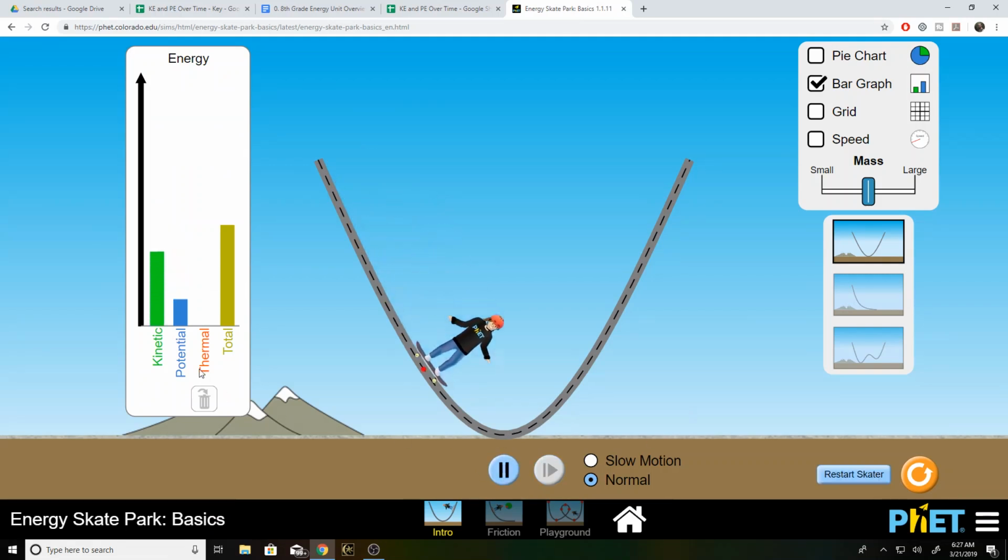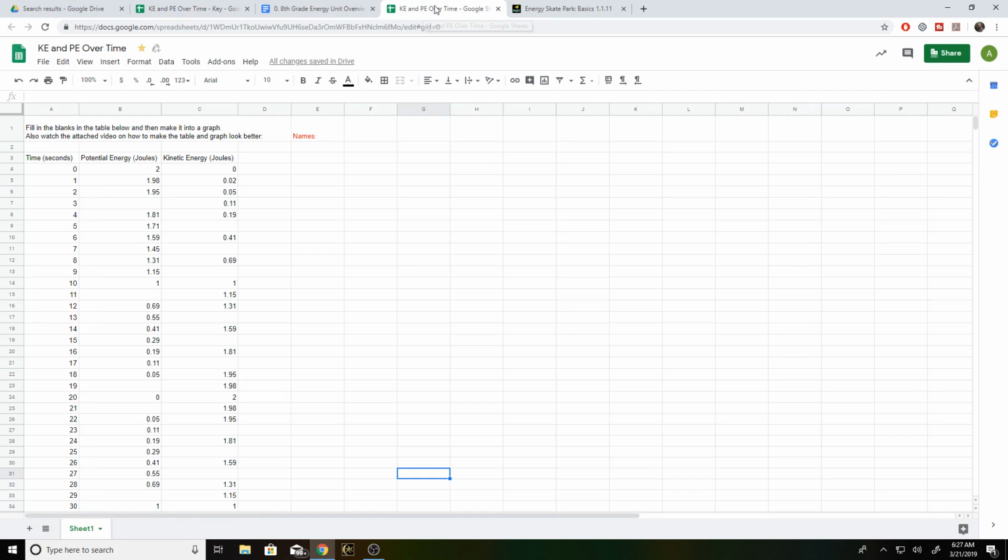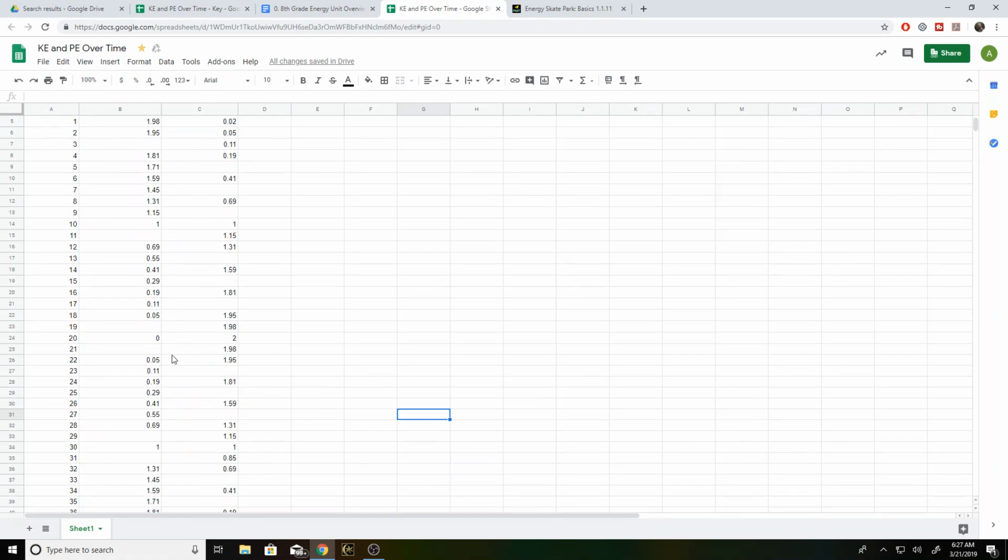When you hit play here, this graph, when you pause it, you're looking at one point in time. So you've got a little bit of kinetic and a little bit of potential. Unless you're at the very top or right at the very bottom, you're going to have a little bit of a mix of both. So these two is like you've got a little bit of potential and a little bit of kinetic. Unless you're at the very top, it's all potential, or if you're all the way at the bottom, it's going